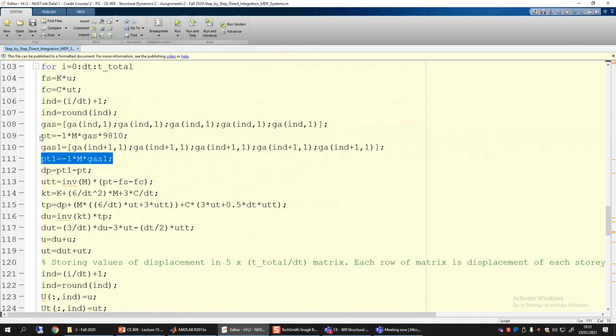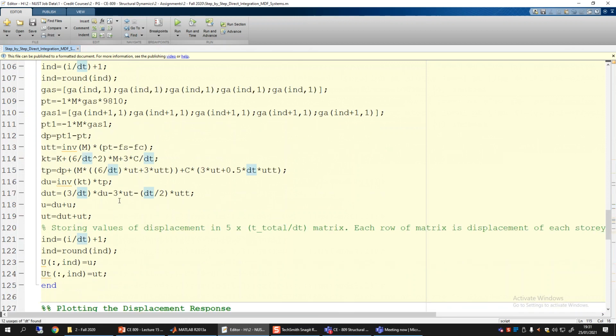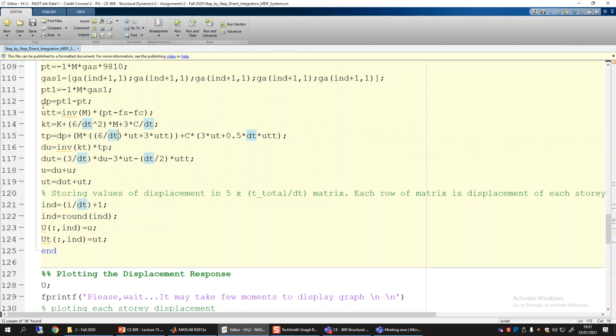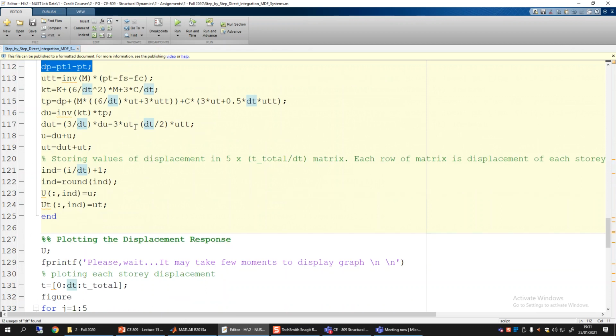Pt is the original force vector at time t, and pt1 is the force vector at time t plus 1. Their difference is delta p. Then for u double dot, we are imposing the equation of equilibrium, because this is the mass inverse matrix times p of t minus fs minus fc, which is the damping force. So this line imposes the equilibrium equation to calculate the acceleration.